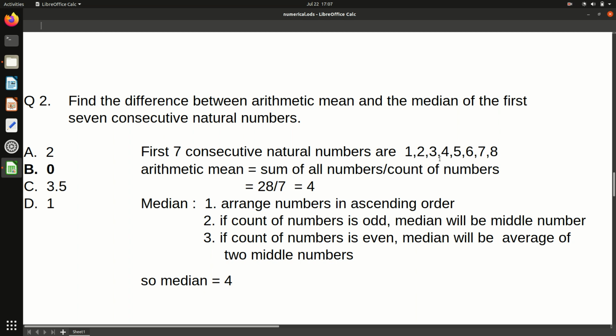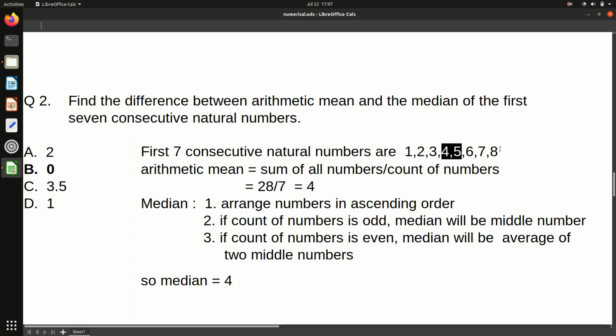So in case of even numbers, meaning the count is even, the median will be the average of the two middle numbers. So you just have to remember this thing. If the count is odd, just take the middle, but if the count is even, you have to take the two middle numbers. Now if I take 4 and 5 both, you can see here also 3 numbers are there,